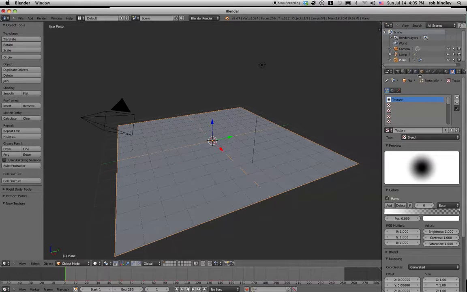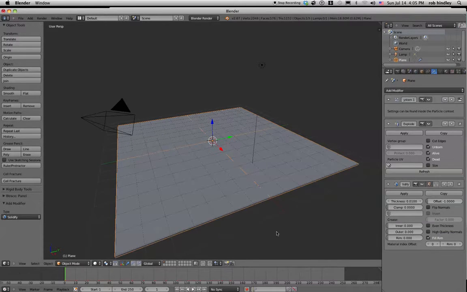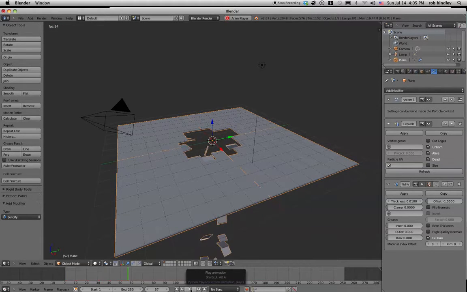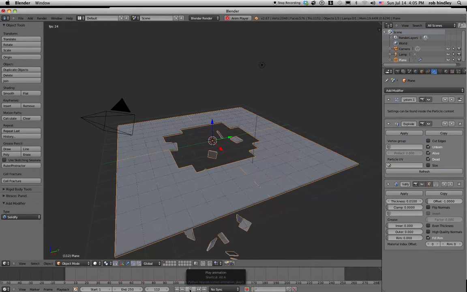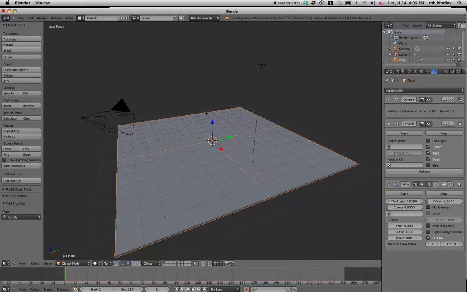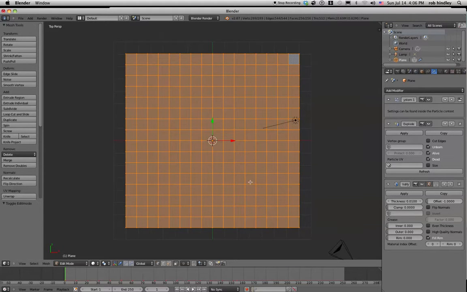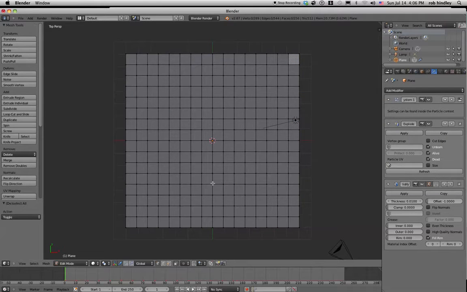To give it a bit more realism, we'll go back to add a modifier, add the solidify modifier, and run it again, and you can see the actual tiles or bricks or whatever falling down. Now that's all very well if you want the entire floor to be destroyed, but if you want only the middle area, then go into top view, into edit mode, deselect all, hit the C key, and just select random